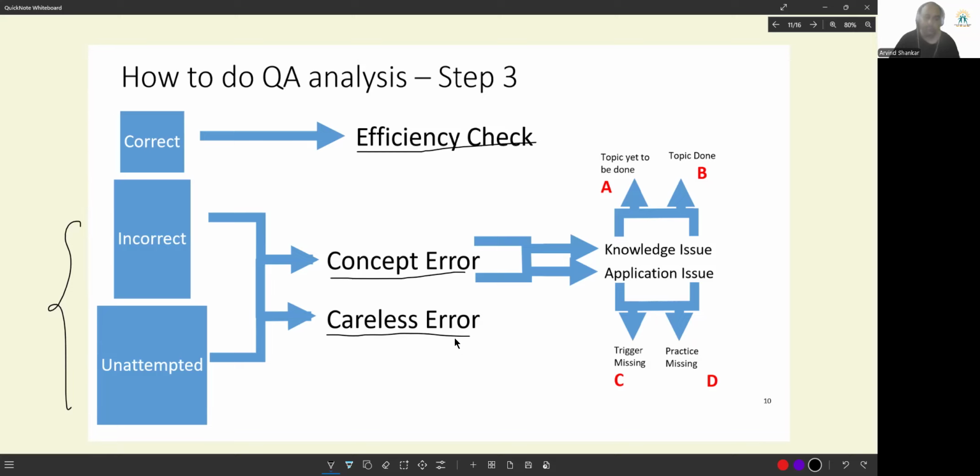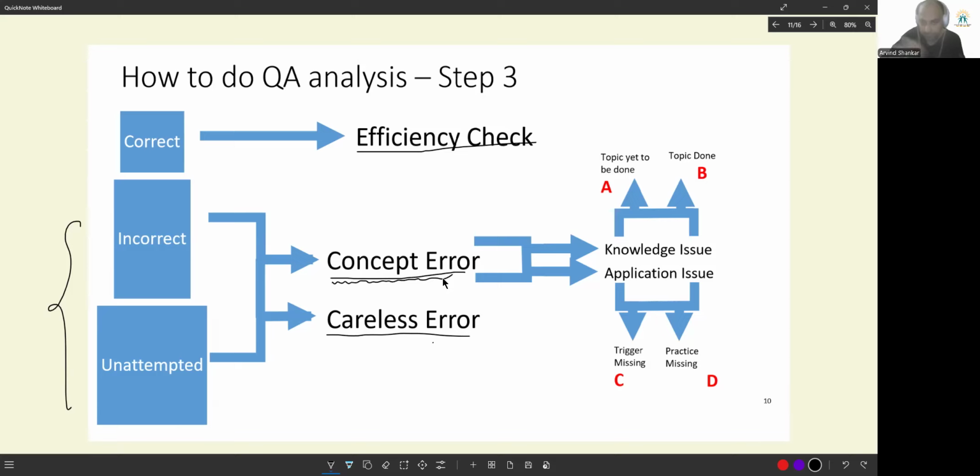When a careless error happens, slap yourself 3 times across your face and move on. There is no way you can improve careless errors apart from paying more attention. And there is no subsequent course of action apart from simply, I should not make an error. If there is a concept error,